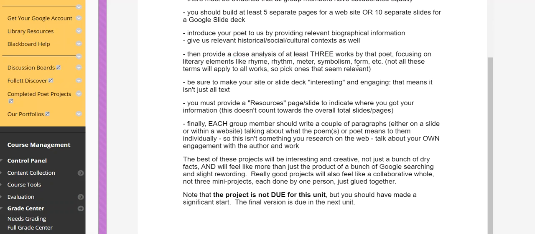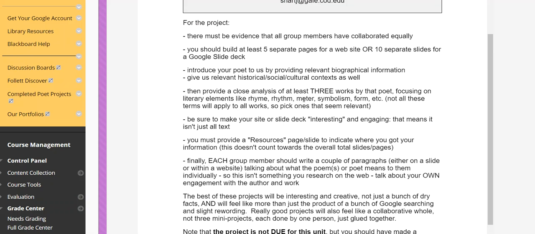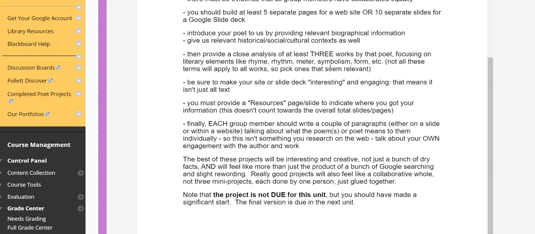The analysis, again, is probably going to be a mix of these various terms that we've talked about, either specifically or implicitly throughout our class. Again, maybe you connect some of this back to the biographical material: why is the writer writing about these things or choosing a particular form? Are they part of some other larger artistic movement?